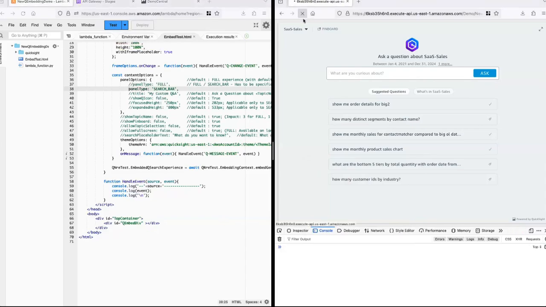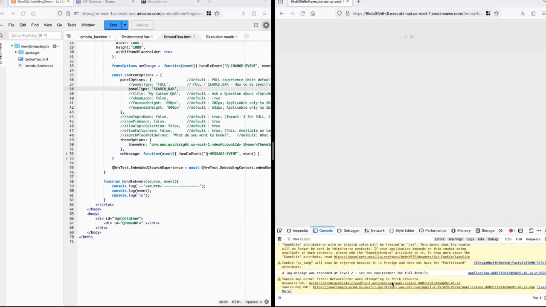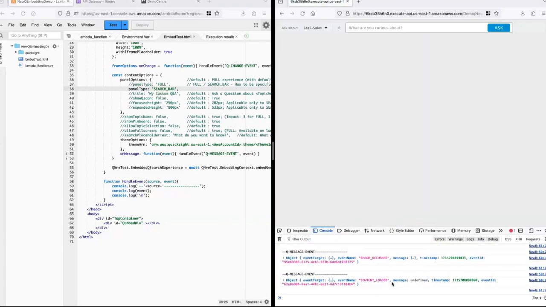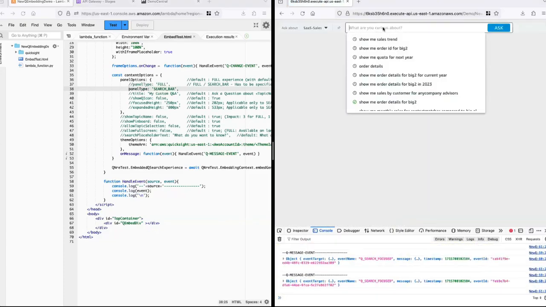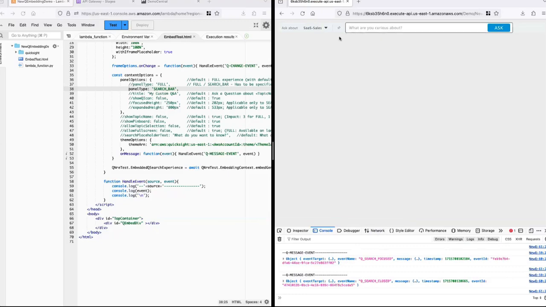And there is one more new event that's coming up, which is Q search focused. That's when you're clicking into the Q search bar and this suggestion pane opens, then you will see this Q search focused message emitted. And when you click outside of that, it says Q search closed. That used to be emitted before as well, but